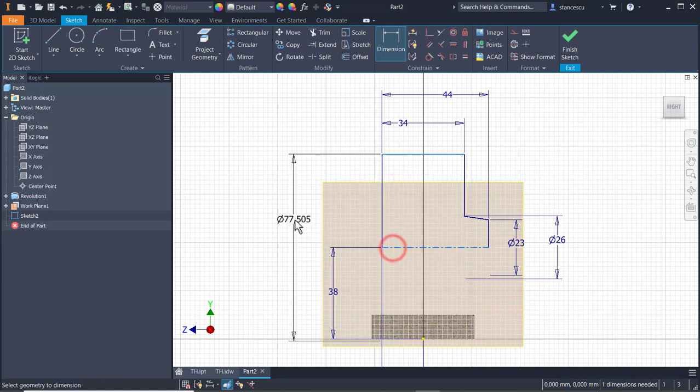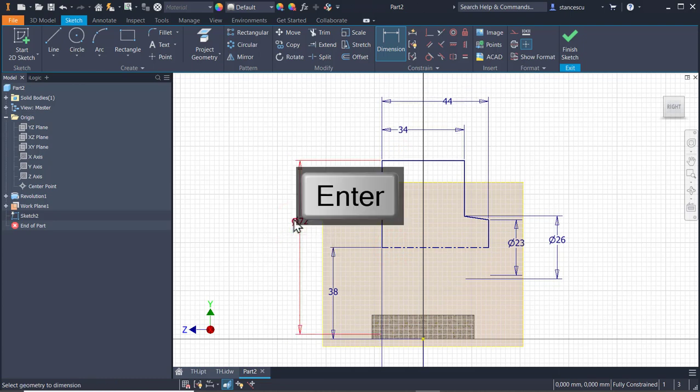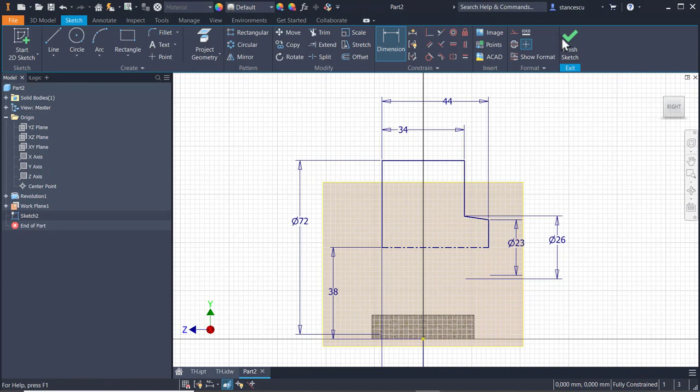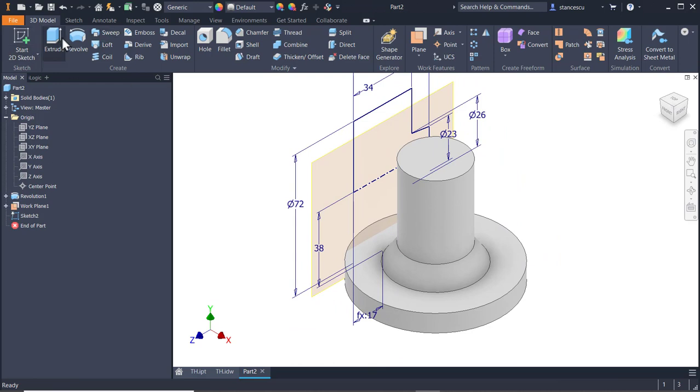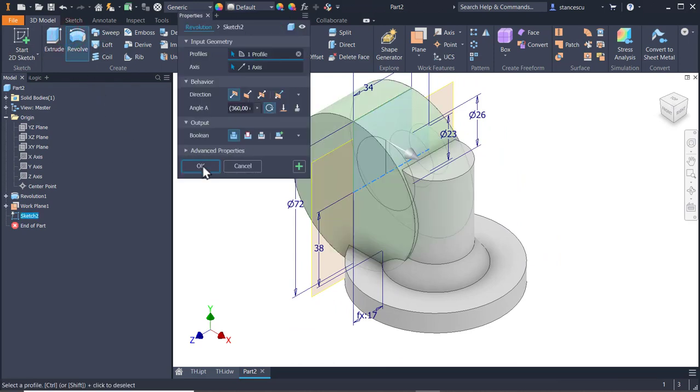This one being 72. All the dimensions are in the drawing. Finish sketch, revolve, OK,